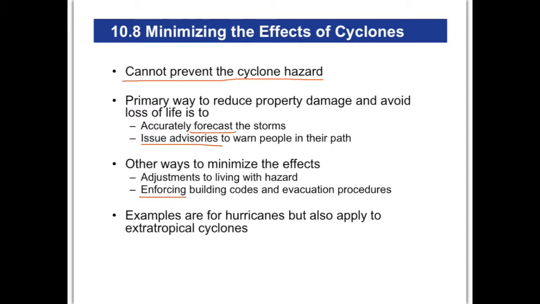Enforcing building codes is another thing. Like I said before, not all coastal buildings are built all that great. Well, if you enforce certain codes, buildings can withstand more pounding from hurricanes and will probably be able to last longer. And I should also point out that these are for hurricanes, but also for extratropical cyclones too. Remember, extratropical cyclones are the ones that occur at a little bit higher latitudes, or the ones that come through where we live. But remember, they can produce torrential downpours and thunderstorms and lightning and tornadoes and stuff like that. So all these practices can also apply to extratropical cyclones as well.